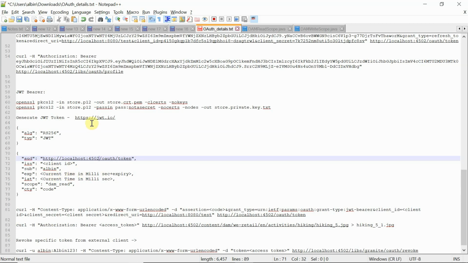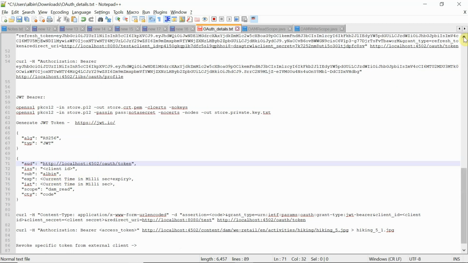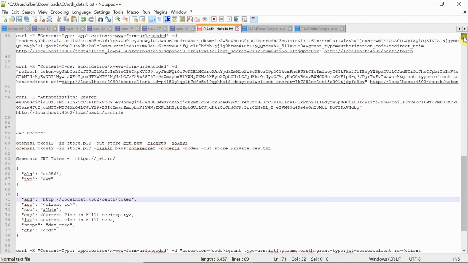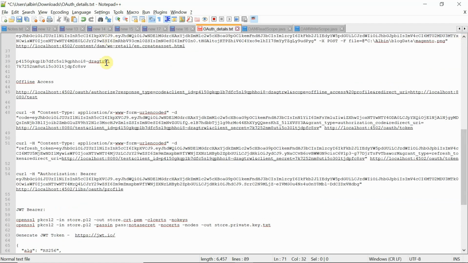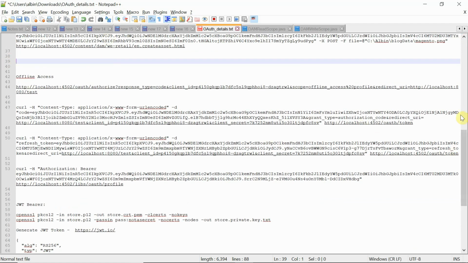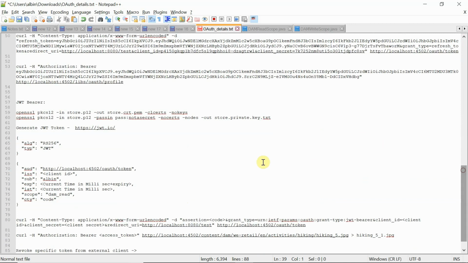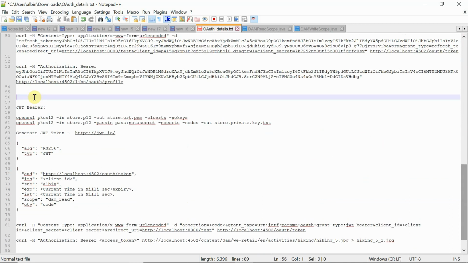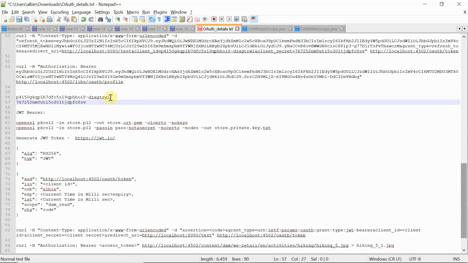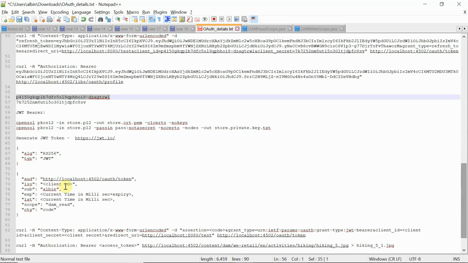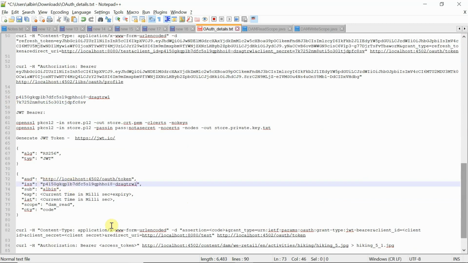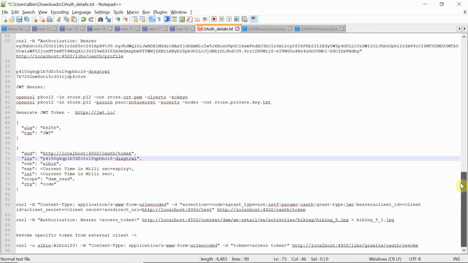The next one is the client ID. You need to keep the client ID here. That's the issuer. Let me copy the client ID again and put it down. Okay, give me 1 moment. Yes, this is the client ID. Go and keep the client ID. This is again a must. The client ID will be matched there, because with the client ID, the public key will be taken from the server.